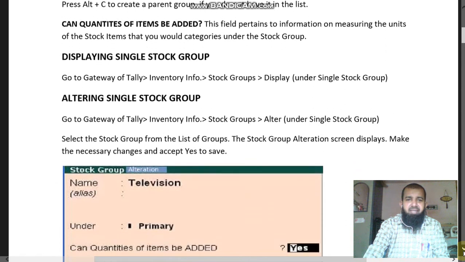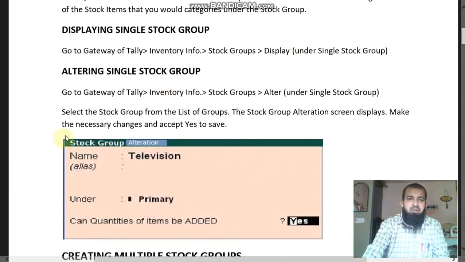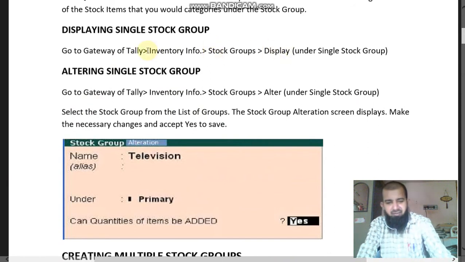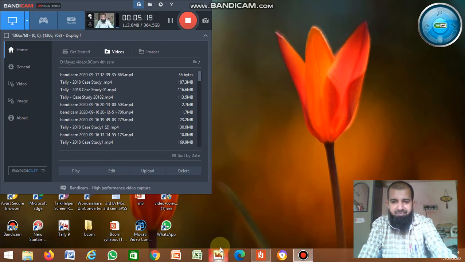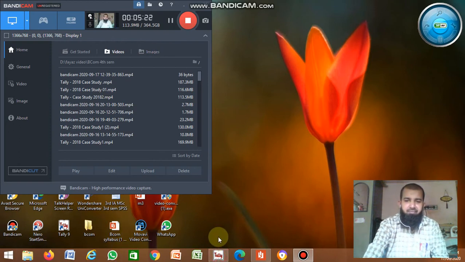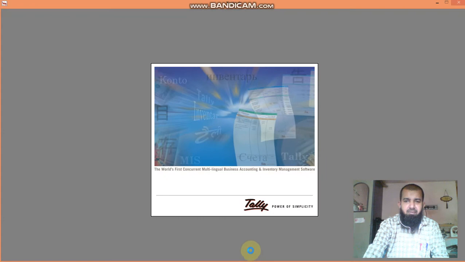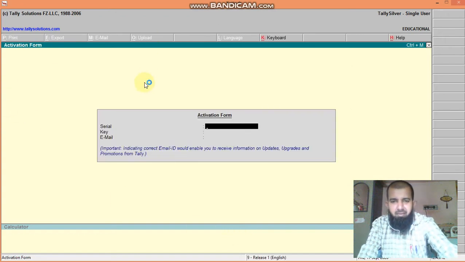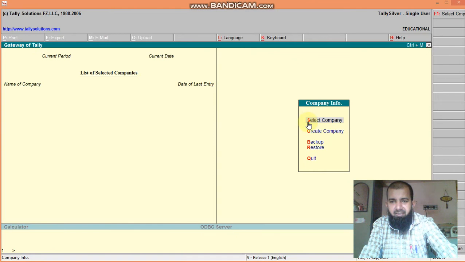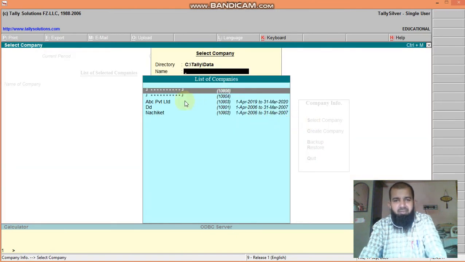Next, displaying a stock group. Go to Gateway of Tally, inventory info, stock group, then display. We'll see in Tally how to do it. First, open Tally, then select any one company.